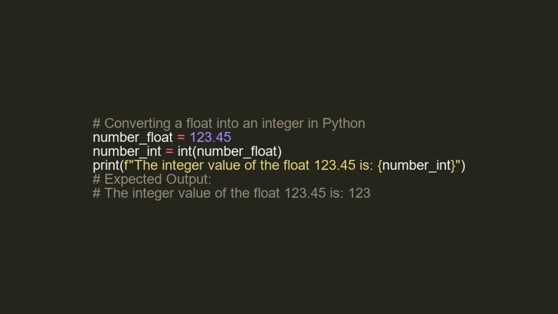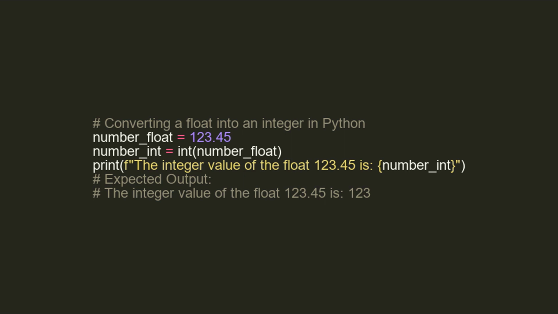Here we demonstrate how to use the int function to convert a floating point number into an integer. Initially, we define a variable called numberFloat and assign it the floating point value of 123.45. Afterwards, the int function is invoked on this floating point number, and the result, an integer, is stored in